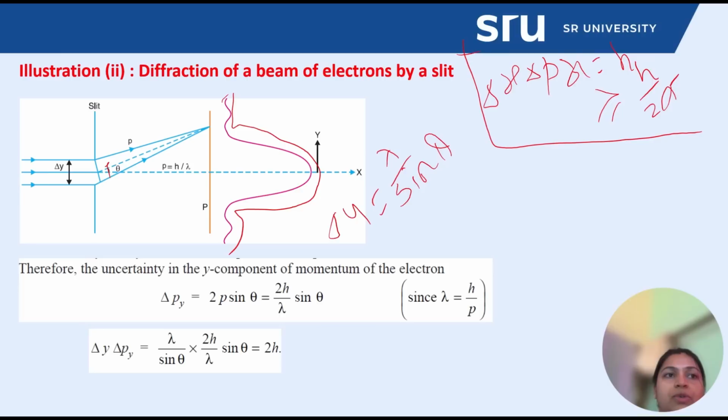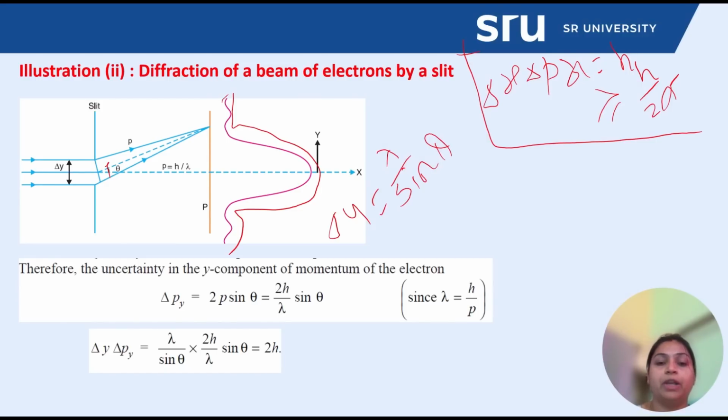In the same way, initially the electrons are moving along the x-axis, so they have no component of momentum along the y-axis. As the electrons are deviated at the slit from their initial path, they acquire an additional component of momentum along the y-axis. And if p is the momentum of the electron on emerging from the slit, then we can say that